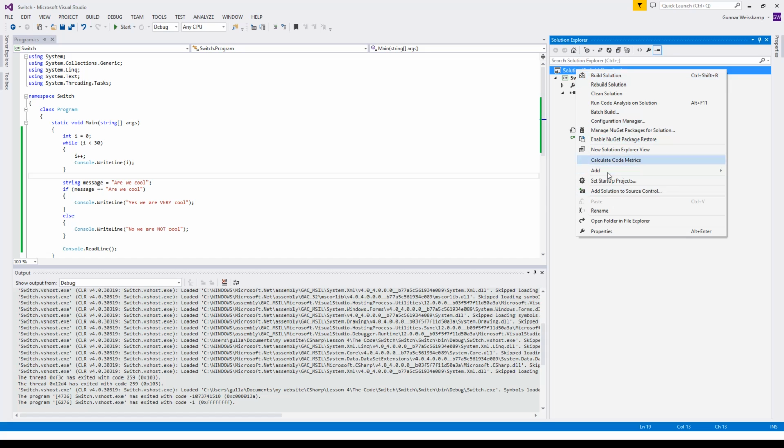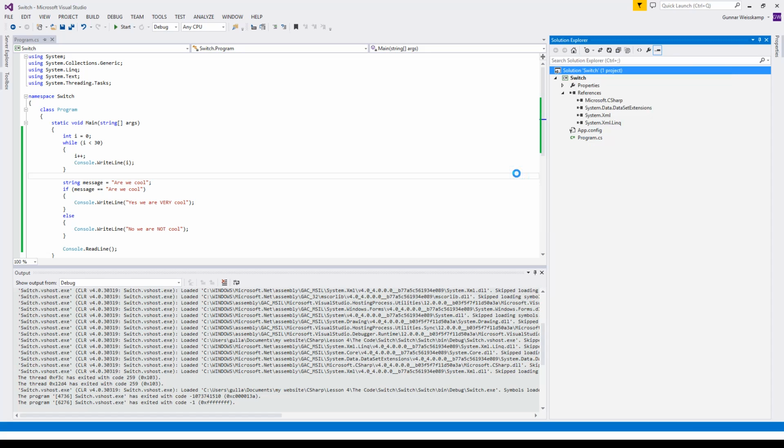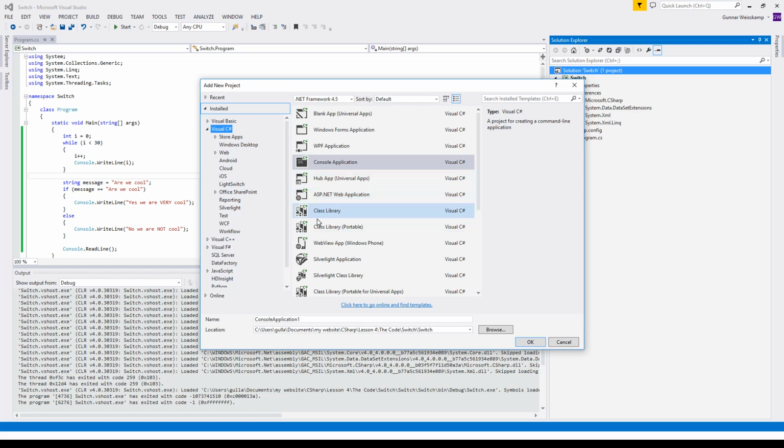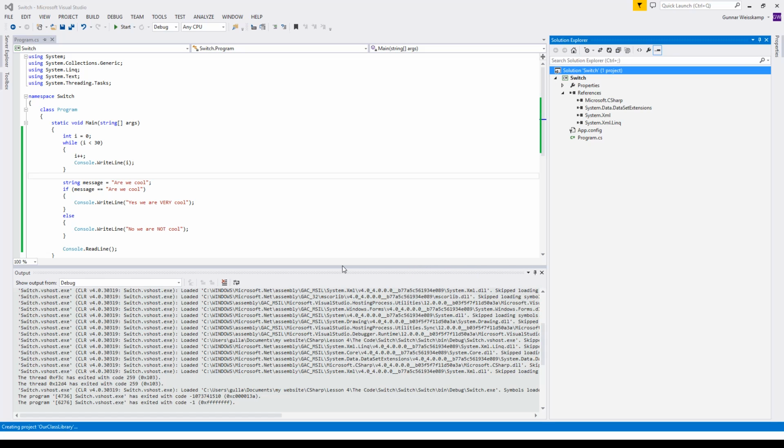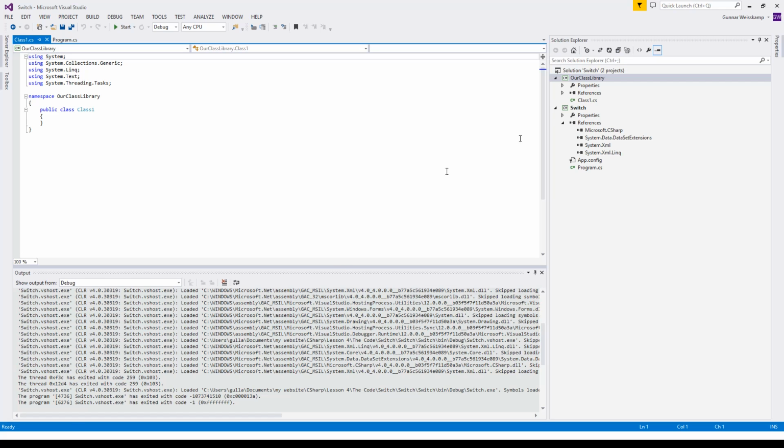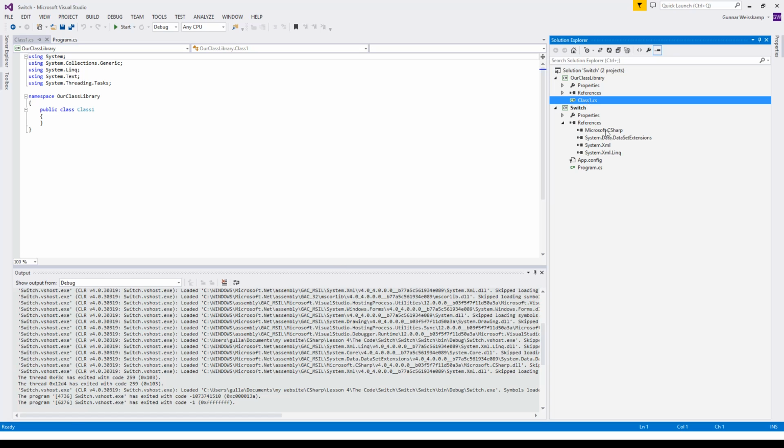So to do all this, we have to add, or in this case, we're adding a new project. And it's going to be this class library guy. Call him our class library. That looks good to me. And then after, we're going to add this guy to this reference area here. Let's give this something a bit more meaningful. Maths